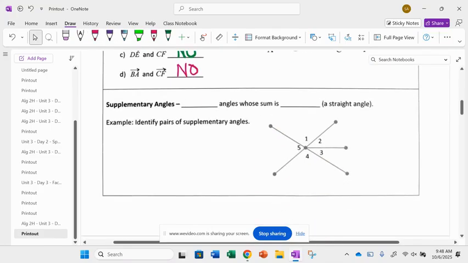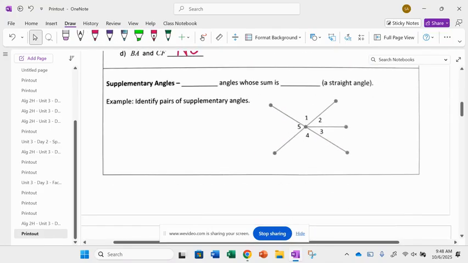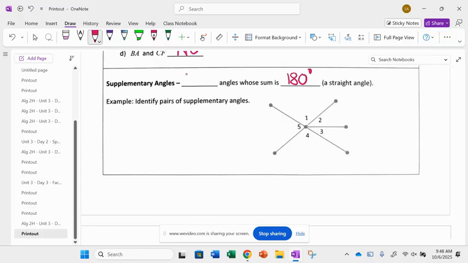All right, some more vocabulary. Supplementary angles. Supplementary angles are angles whose sum is 180 degrees. So we're going to say two angles whose sum is 180 degrees, or a straight angle. Only two angles. But sometimes I'll be sneaky and put more angles in. So for example,